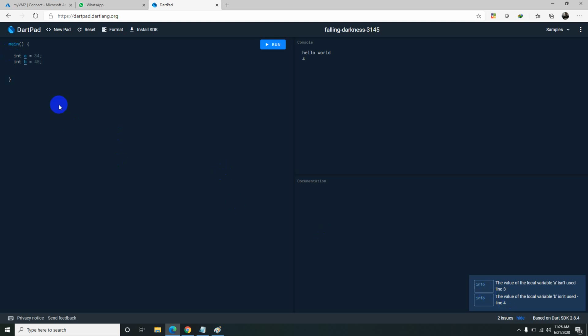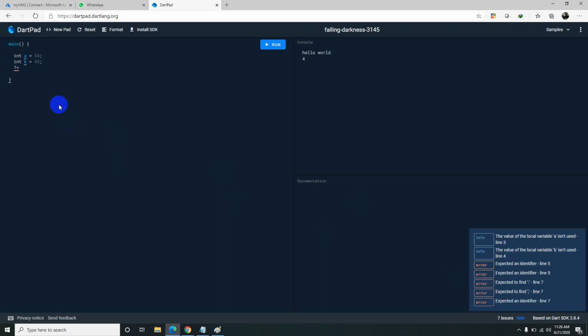It's just telling I didn't use them at all. So the conditional operator is this one, the conditional expression. Here the input will be some condition. If it is true, statement 1 will get executed. If it is false, statement 2 will get executed.